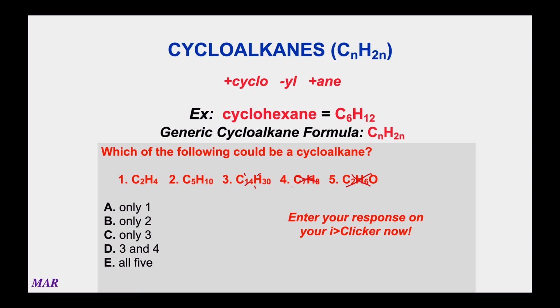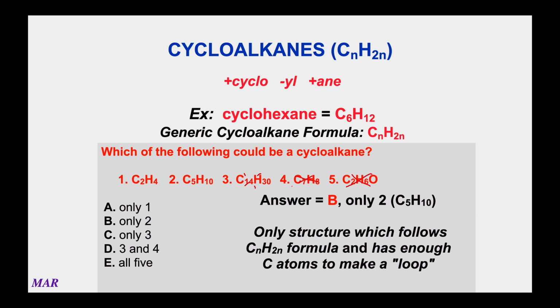However, if you're going to have a cyclic compound, you have to have more than 2 atoms. You can't make a structure with a circle. You only have 2 points. You need 3 points to make a cycloalkane. The smallest cycloalkane is a cyclopropane with 3 carbons. C2H4 is not a cycloalkane. It's something different. So the only one that really follows the structure here is B.